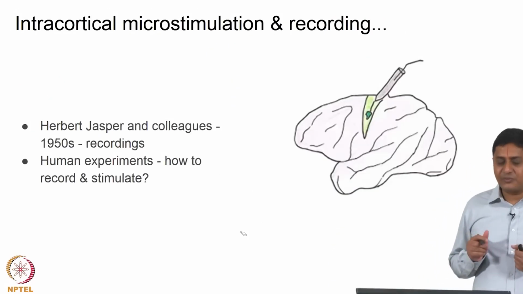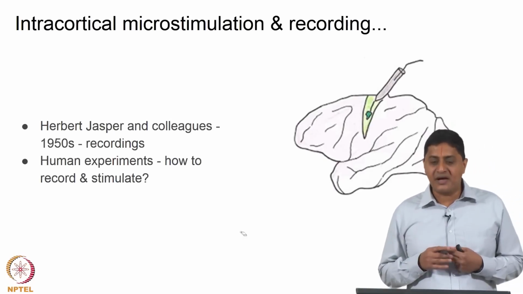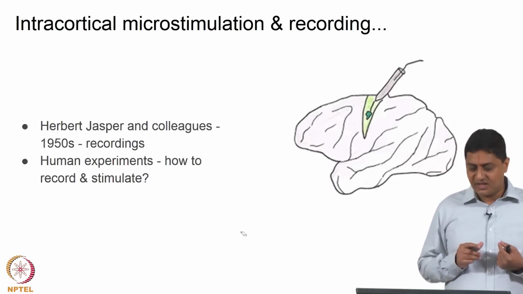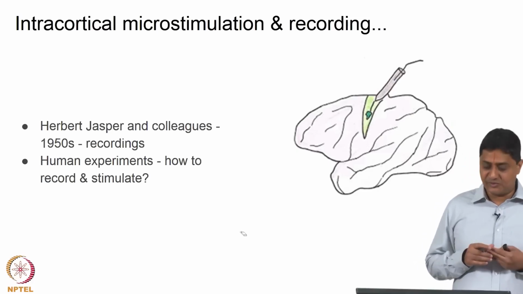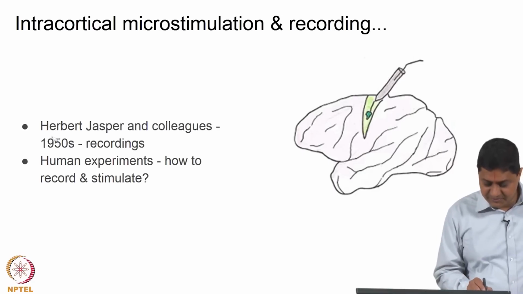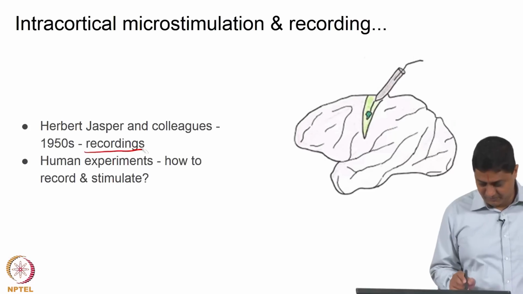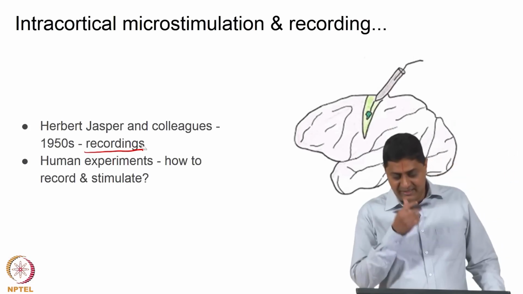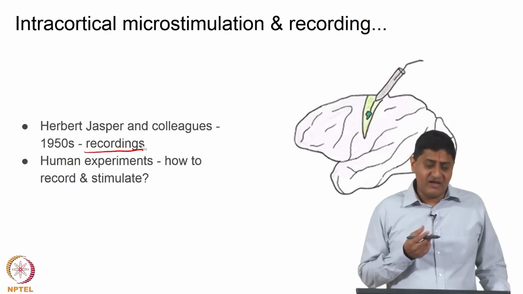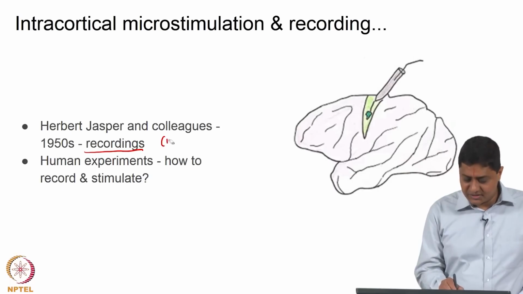So, what experimental approaches have given us the information that we now know about the organization of the primary motor cortex and the premotor cortex? How do we know? What kind of experimental approaches have been developed? In the 1950s, Herbert Jasper and his colleagues developed an experimental approach to record from the primary motor cortex of live behaving animals. So, this is using microelectrodes